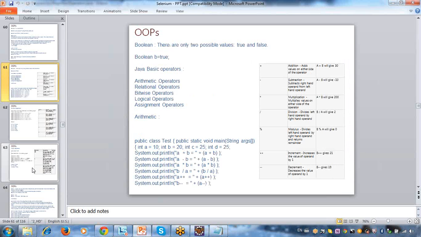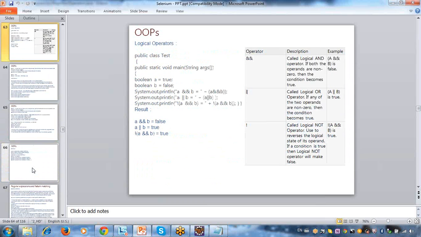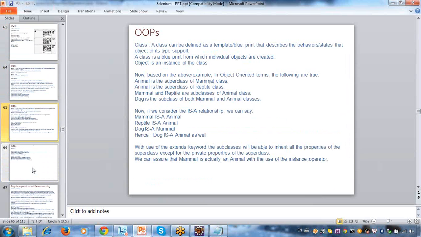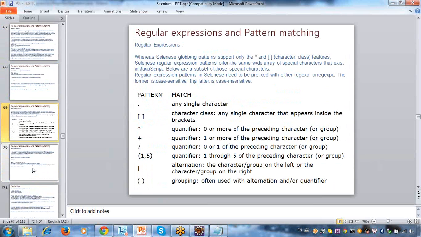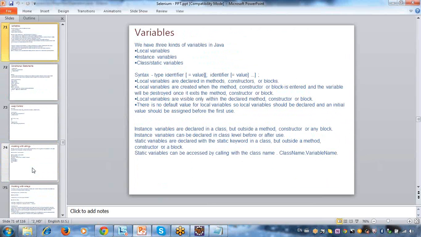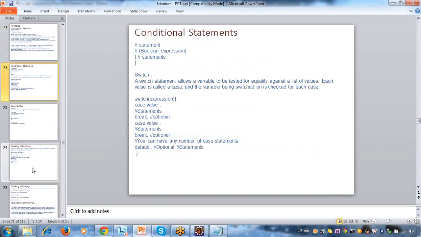Assignment operators are used when you want to assign your values. Those things I will be discussing while writing the scripts. Till this point, are you clear, or any doubt?